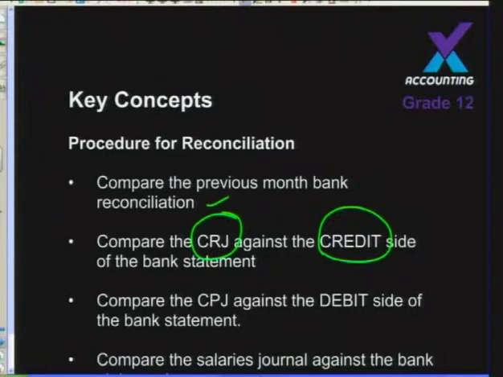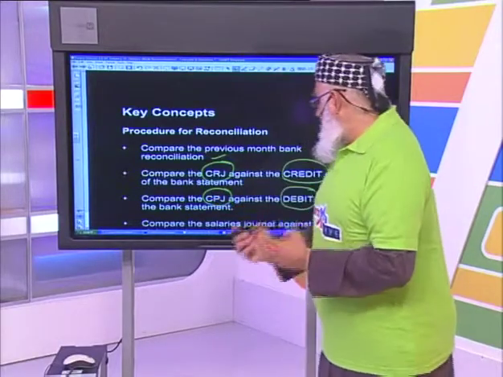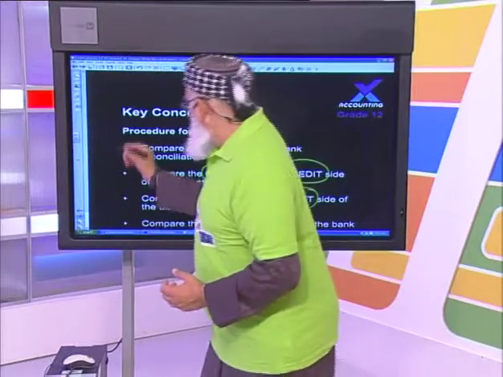What we will also do is compare the cash payments journal with the debit side of the bank statement, and in so doing, you will find that you will now be able to, you will also have to,